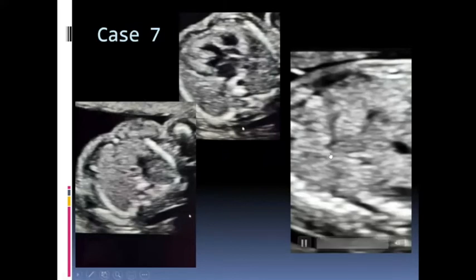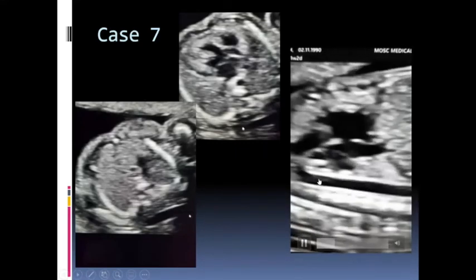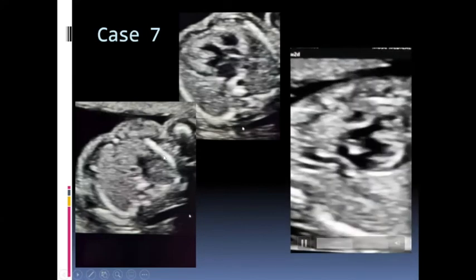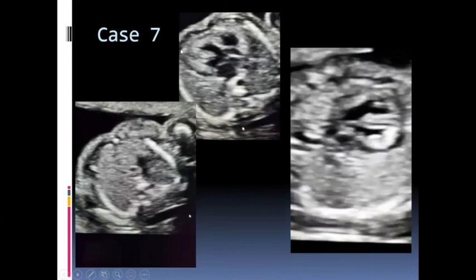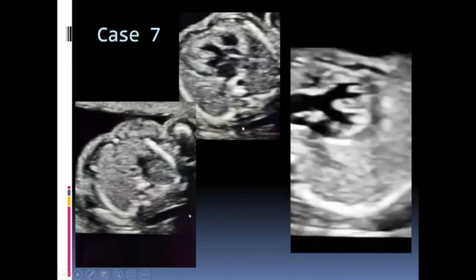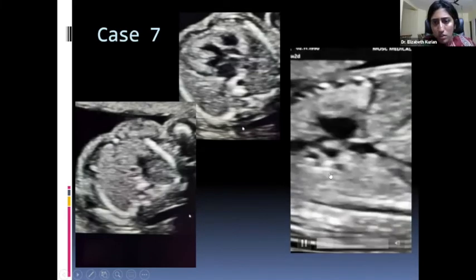Any guess? I'll help you in this. So here the heart is on this side, right? But we are seeing the aortic arch on the other side. So it's a right-sided aortic arch. And what is happening here is